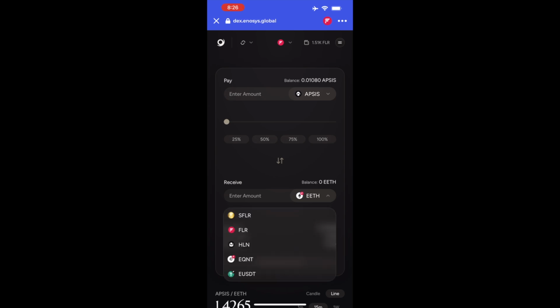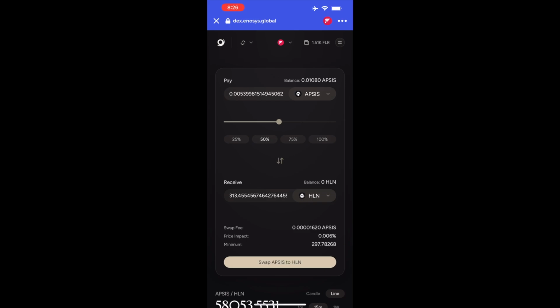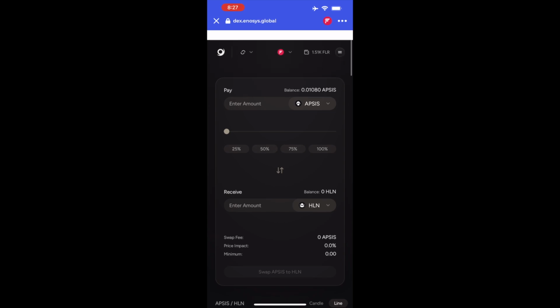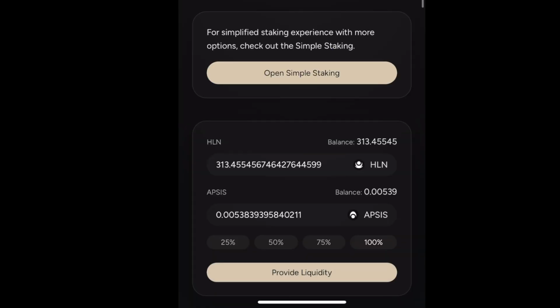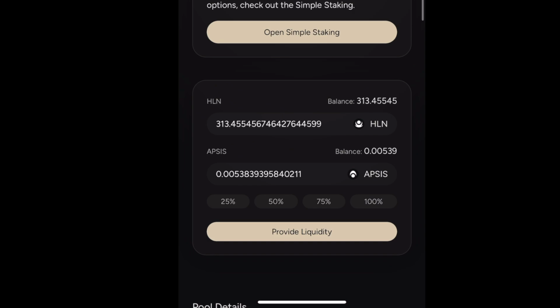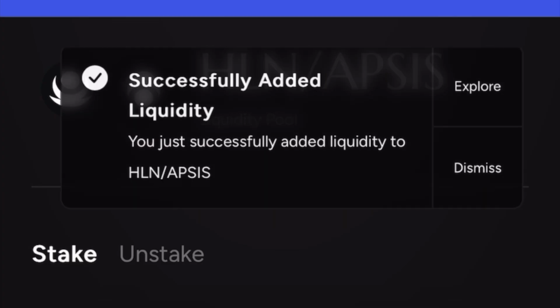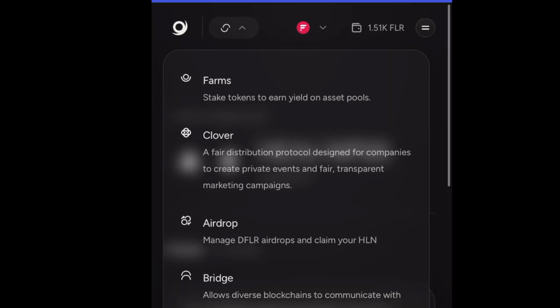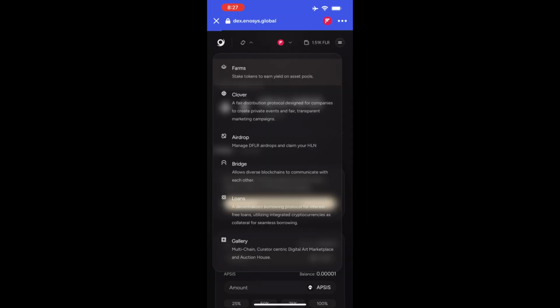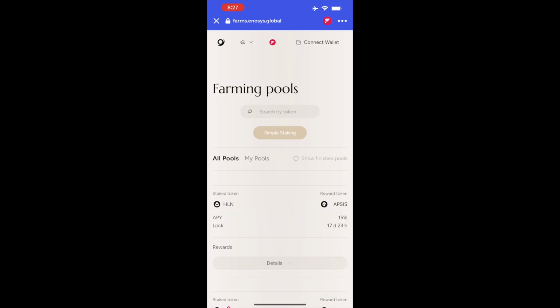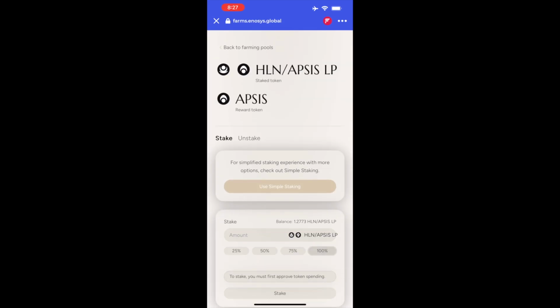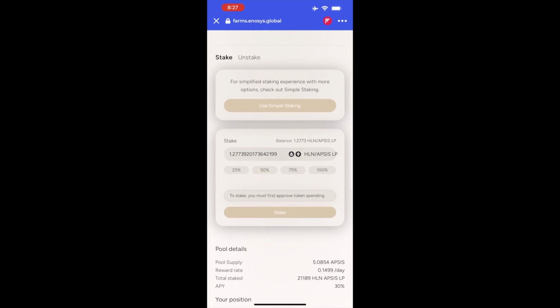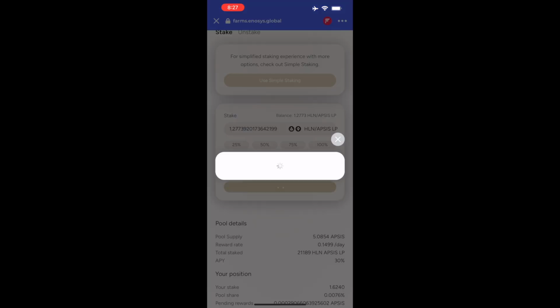Once you swap 50% of your earned APSIS for that other asset, whether it's QNT, Flare, HLN, you click on the hamburger in the upper right and you press liquidity. You then go down to the liquidity pool of your choice and you give 100% of the two assets that you just created. You have your delegation reward and APSIS, you traded 50% of it for HLN, that's what I did here. You go into liquidity and you give 100% of those assets and approve them for staking. And you'll see that it makes your assets disappear and it gives you in return an LP asset, a liquidity pool asset. You then go into farm, you go into the farms option, you find that liquidity pool, you approve and you stake your liquidity pool tokens to the liquidity pool.